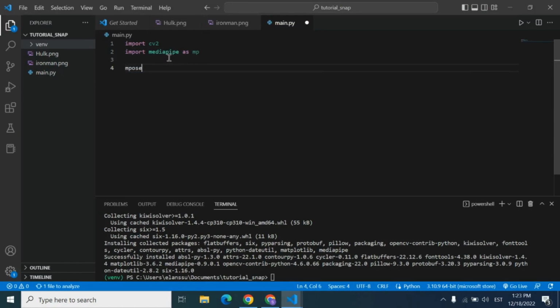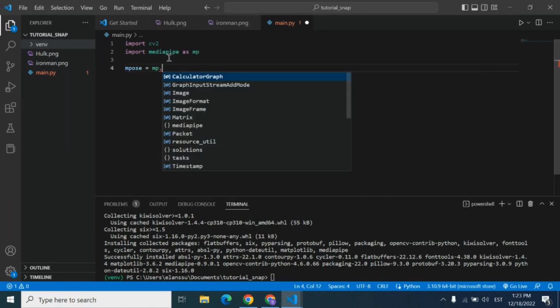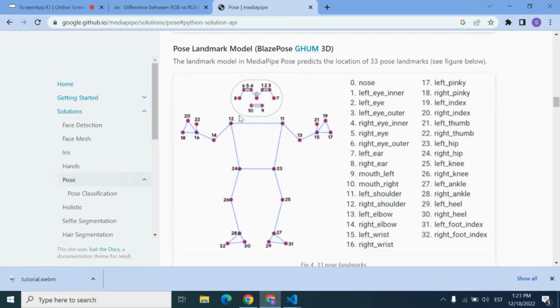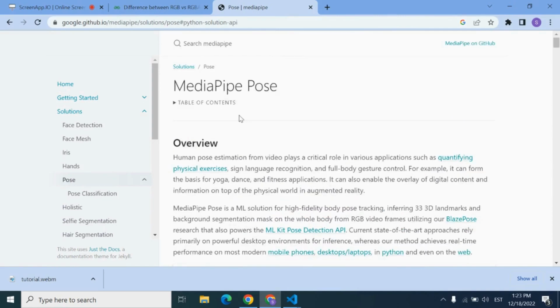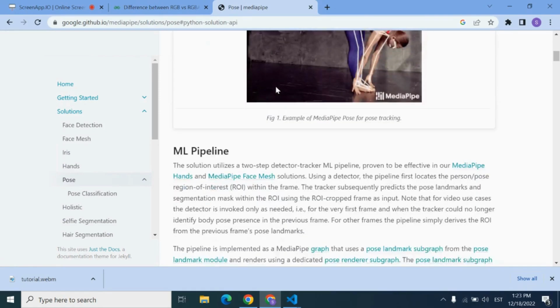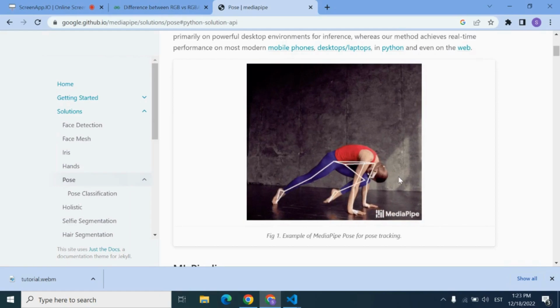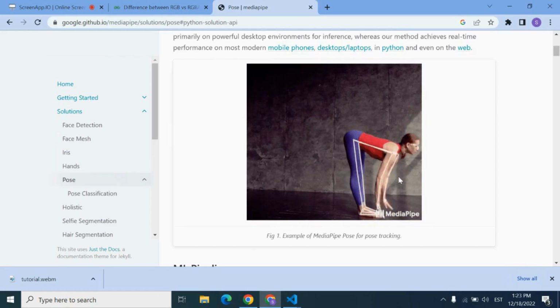First, let's call the functions of MediaPipe. If you want, let's check the documentation of MediaPipe and see what this library is for. MediaPipe has different features, and in this project we will need the MediaPipe Pose feature. What is our goal? This library allows us to detect the poses of the human body, as you see in this